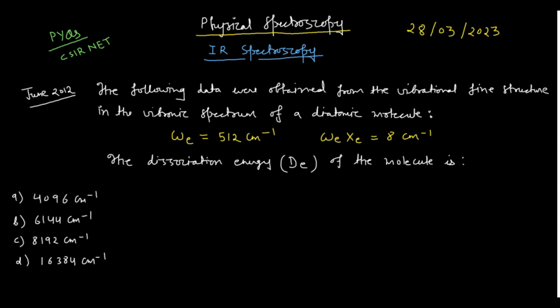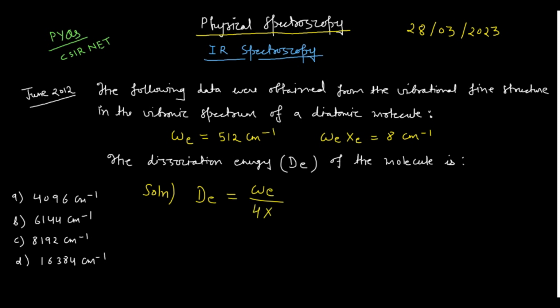Now you have to find the dissociation energy DE for that molecule. You have been given 4 options, so you have to identify which one is correct. To solve this particular question, this is my solution. The formula which relates the dissociation energy and anharmonicity constant is DE equals omega E divided by